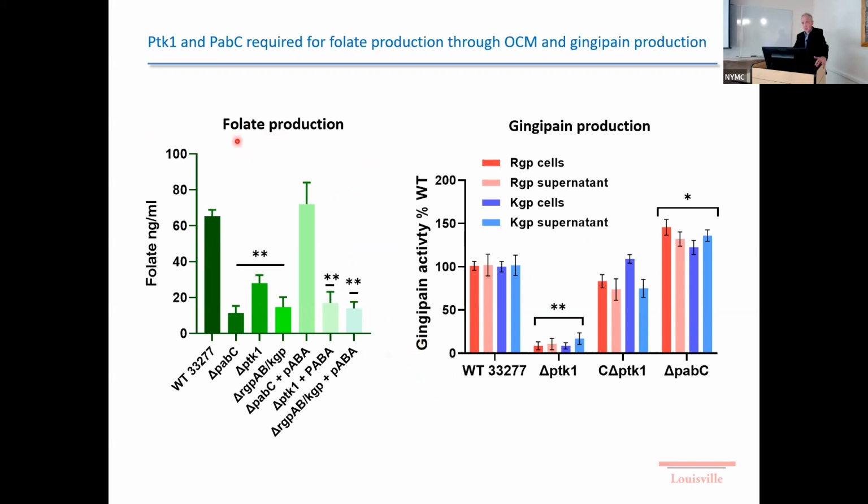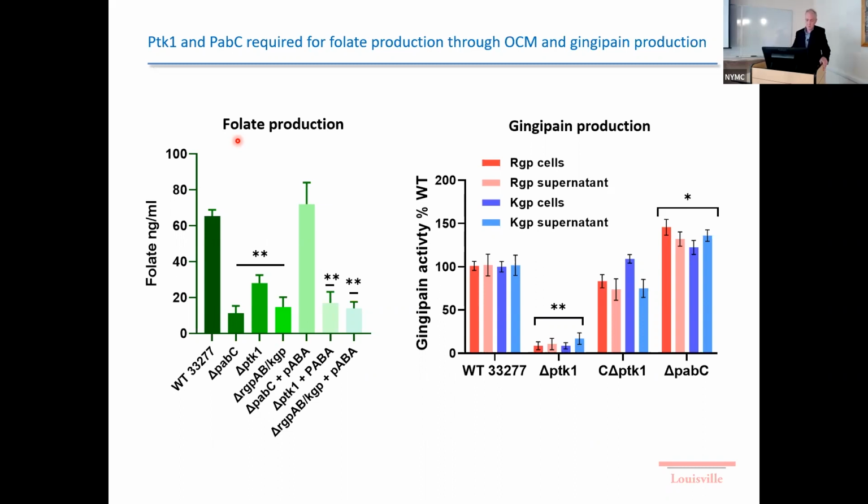Folate production first. Folate again is an important product of one carbon metabolism. There's actually a really neat microbiological assay for folate. There's a folate auxotroph for the lactobacillus. You grow that in a standard curve of exogenous folate, then you take your supernatant from your organism of interest, you throw that onto the auxotroph and you measure the OD, and you can quite quickly get an idea of